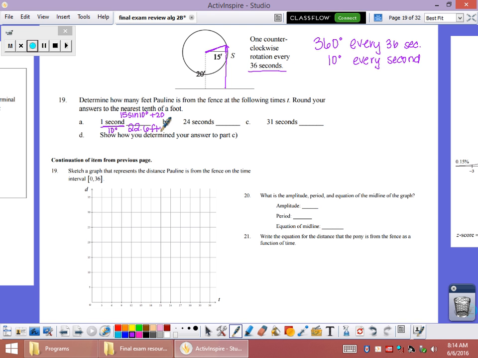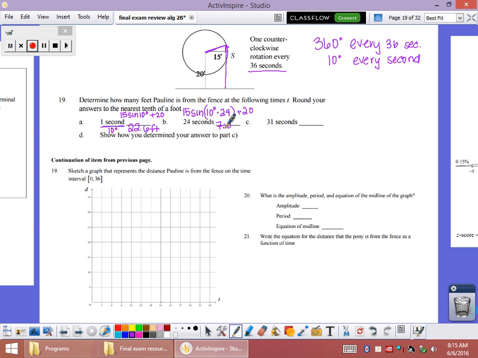Okay? For 24 seconds, well, that gets a little bit more complicated. It's not as easy just to know how many degrees. So how about we do this? We can say 15 sine, except instead of just writing a number of degrees right off the bat, let's think about it this way. Let's say she goes 10 degrees every second times 24 seconds. Maybe you can do that mental math, but 10 degrees per second for 24 seconds means that she's gone 240 degrees around the circle. So 15 sine of 240 degrees this time plus 20 gives me